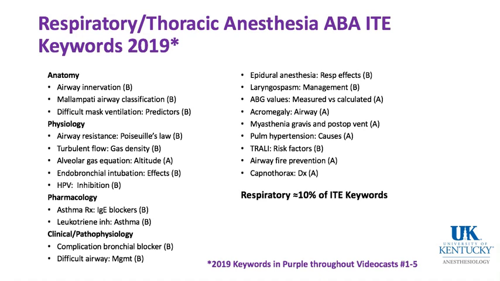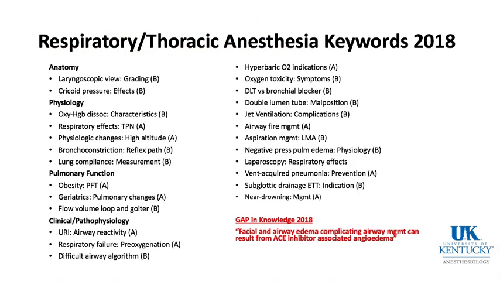Respiratory keywords represent about 10% of all the IT keywords, and this five-part series will cover the last about 12 years of keywords. Just for example, in 2018, you can see similar keywords like laryngoscopic view, cricoid pressure, oxyhemoglobin dissociation curve, respiratory effects of TPN, what happens at high altitude, the physiologic changes in the respiratory system, bronchoconstriction and the pathway of such, how to measure lung compliance, the effect of obesity and aging on pulmonary factors and